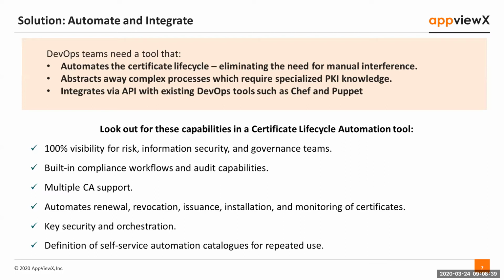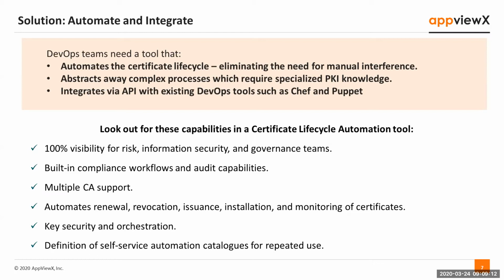So if they're perhaps utilizing a current automation platform such as Chef or Puppet for their DevOps utilities, you can integrate directly with those automation tools and the AppViewX platform with a REST API call for performing certificate lifecycle management functions like request, renew, revoke, suspend,